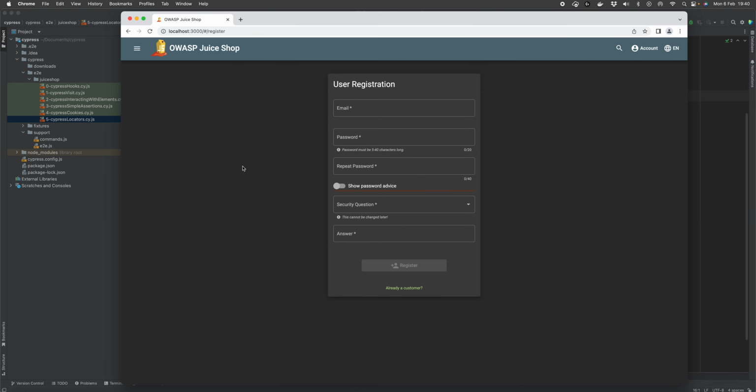If I go to the web page that I'll be looking at, one of the tests that I want to do for this is to make sure that we get the correct validation message at the correct time. So you can see at the minute there are no validation messages. I'm going to click into this email and then click away, and you can see now we have this validation message. I'm going to do the same for the password. Click into that field, click away, and we have the second validation message.